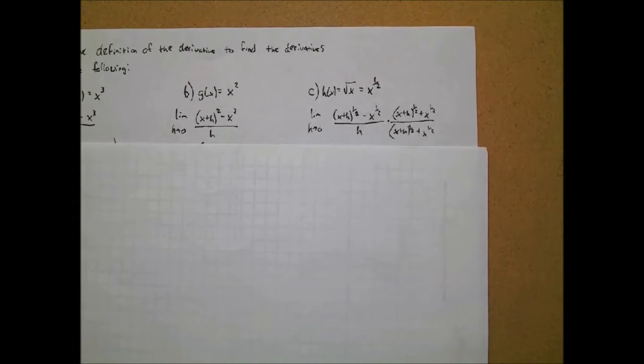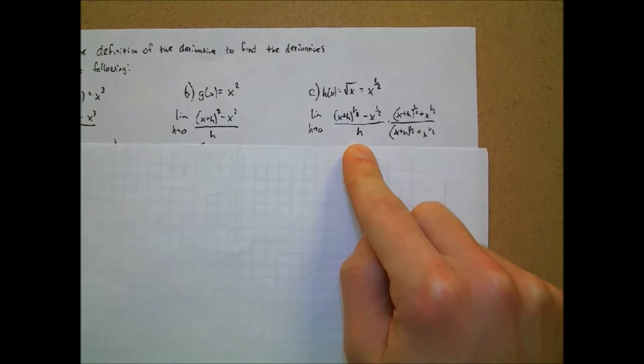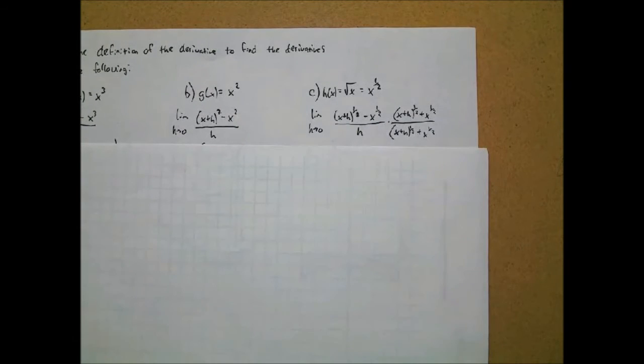Anyway, all right, so there's the setup for letter C along with the first step. So it's x plus h to the 1/2 minus x to the 1/2 all over h, right? So there's your f of x plus h minus your f of x all over h. With square roots, and because we have a difference here, we want to rationalize. So you multiply by the conjugate,